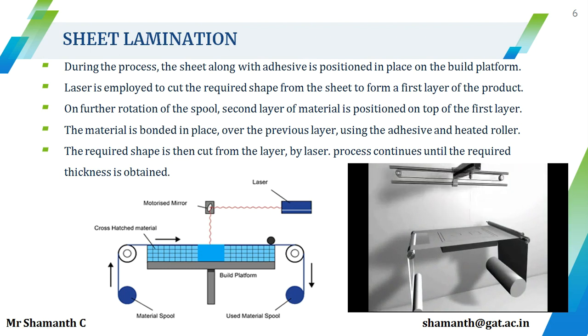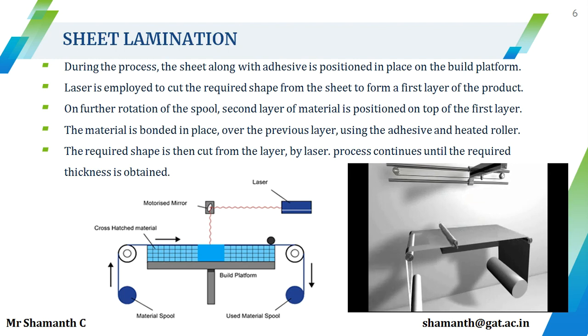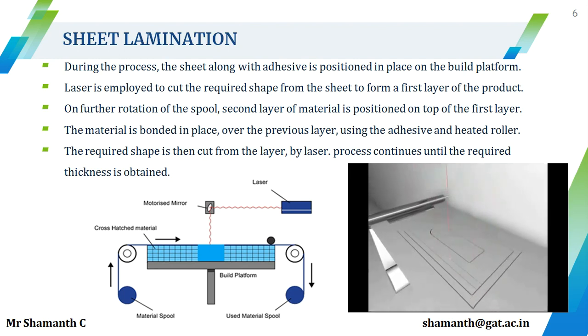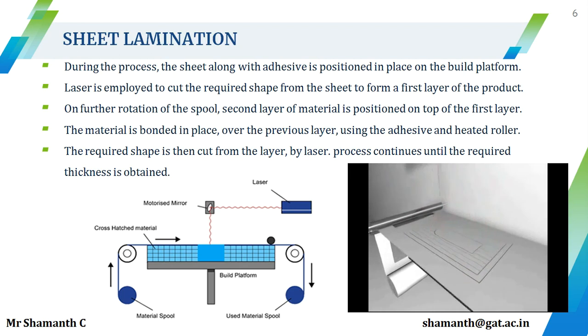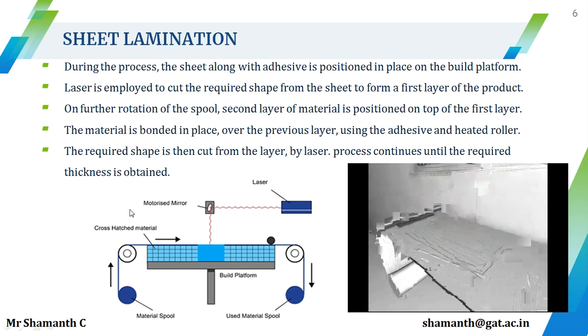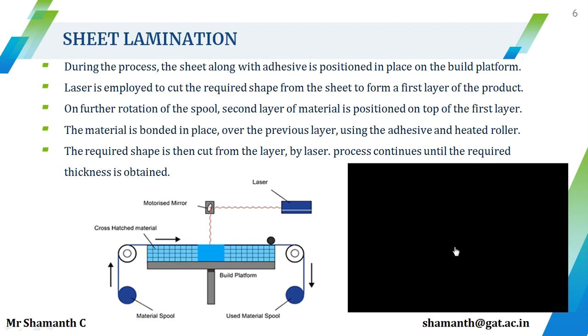Laser coming in contact with the sheet which is being spread over the build platform. So that is cutting the sheet according to the requirement, and then the roller is spread. So the second layer of sheet has been added, and once that is added, again the source comes into the picture, and then it just binds all the material. So this is how the process happens. This is all about sheet metal lamination.